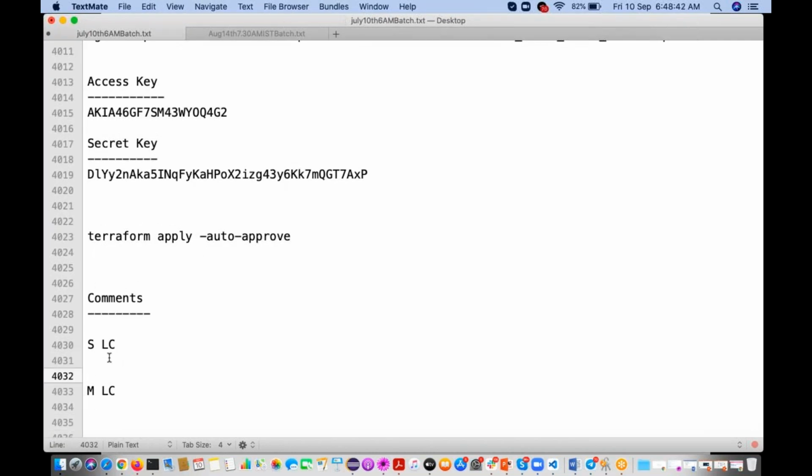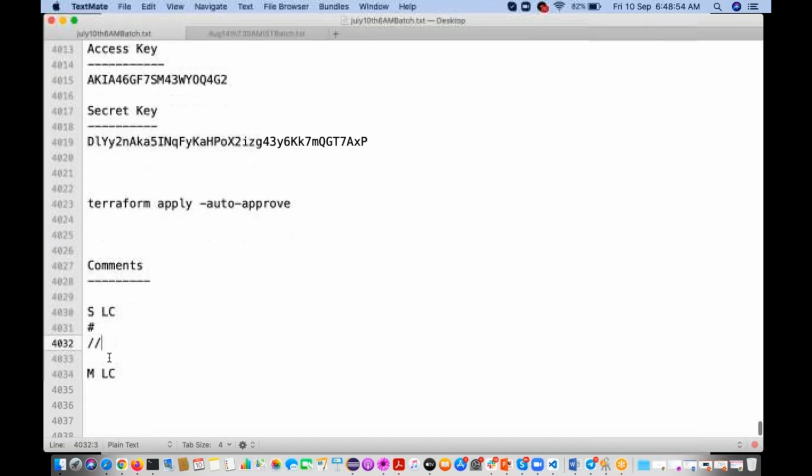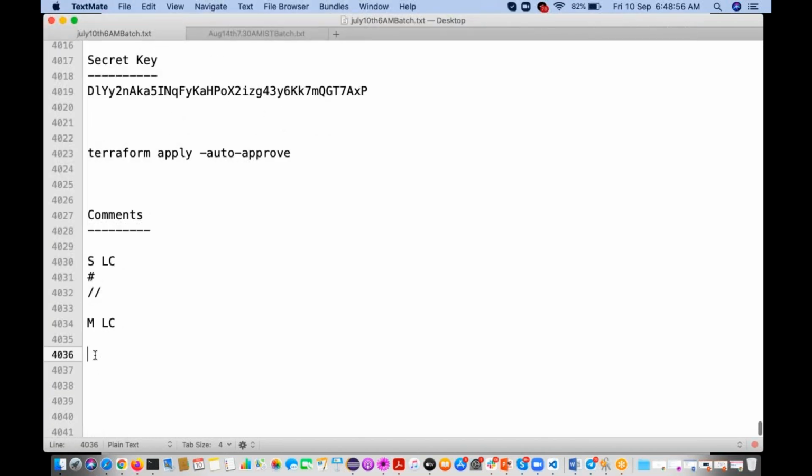For single line comment, we use the hash or two forward slashes. For multi-line comment, slash star, star slash.